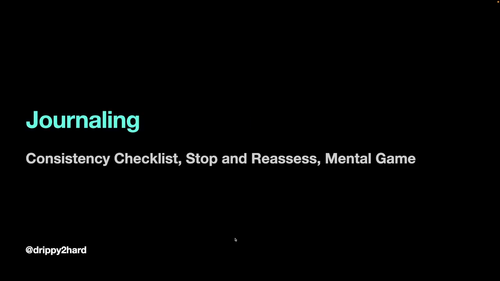Finally, I want to talk about consistency. Journal your trades, have a consistency checklist. I have it already. I shared on Twitter. If you ask me, I can share on Discord again. And let's say things are not working after 10 trades, 15 trades, you're still struggling. Stop and reassess. Go look at your journal and log. See where things are missing out, what's going on. Analyze yourself, be able to self-criticize.